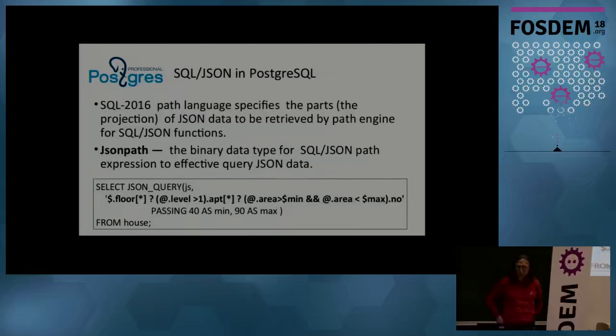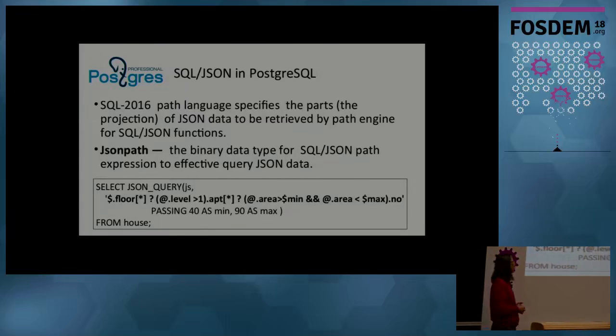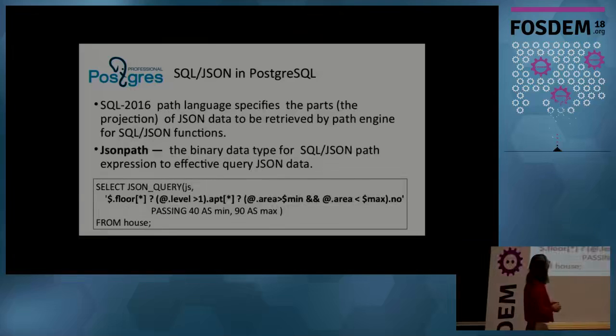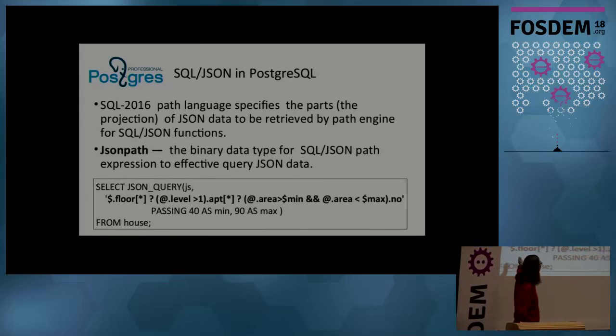The SQL 2016 path language specifies the parts, or you may say the projection of JSON data, to be retrieved by the path engine. And this data goes to the SQL JSON functions, which process it and return the result to the user. So JSON path is a binary data type for SQL JSON expressions, and we use it for effective querying of JSON data. Here is an example of the JSON query function, which uses, this is in bold, I don't know if you see it, a bold expression in the